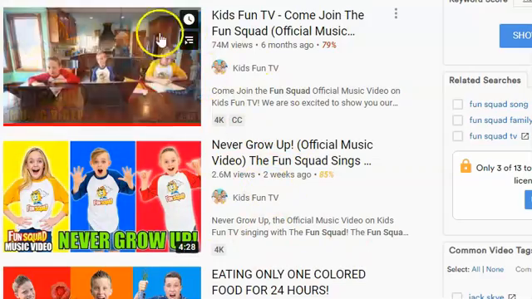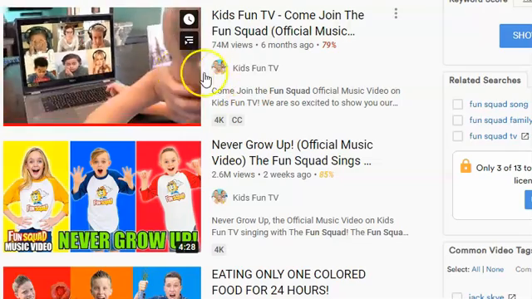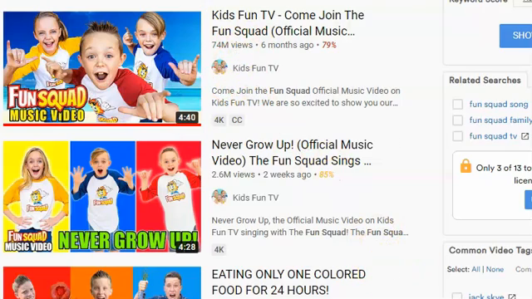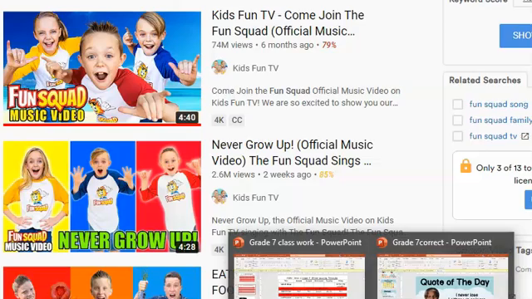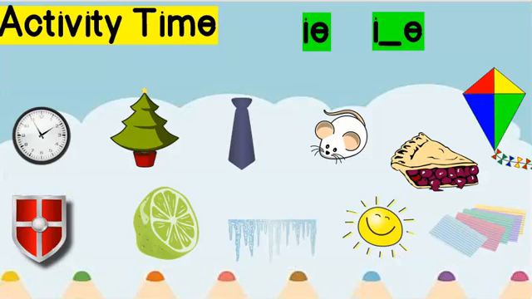And this is our song for this term. Remember, I told you guys we have been going through a lot. So we need a song that can really help us this term. And once we are done with the song, then we are going to do activity time. And most of the time for activity time, I'm going to focus on something that we have to reinforce or something that we have done, but some of the students may still be working on mastering, or some of the students may have trouble remembering.